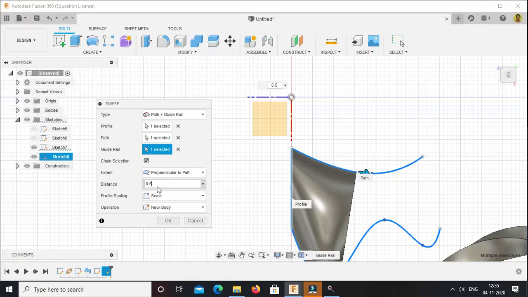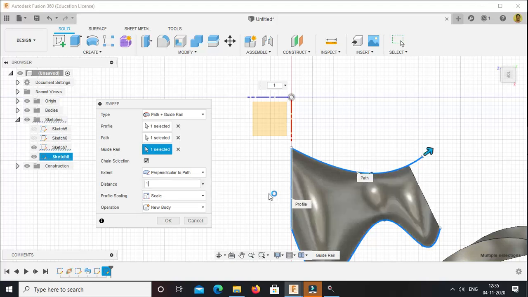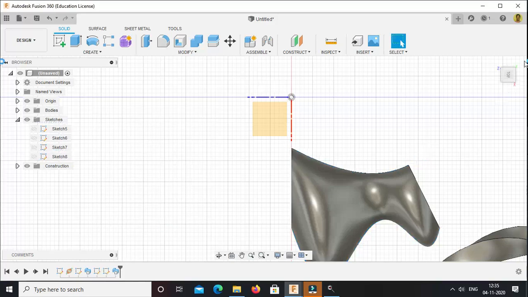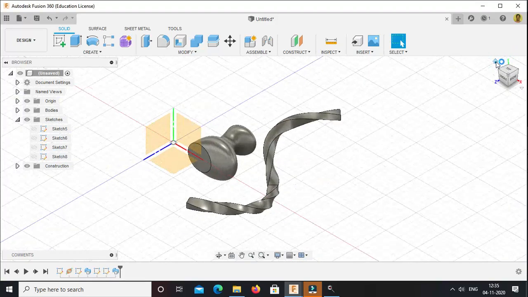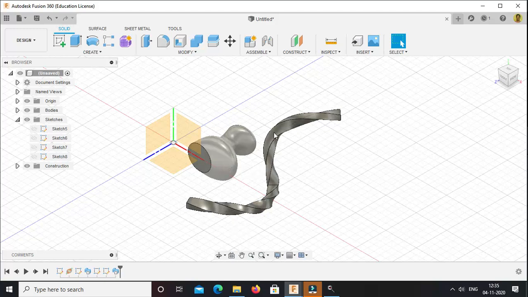If you select 1, the total, then it will be created along the whole path. So generally this feature is used for creating complex shapes. So these are the two examples which I have created using the sweep feature.